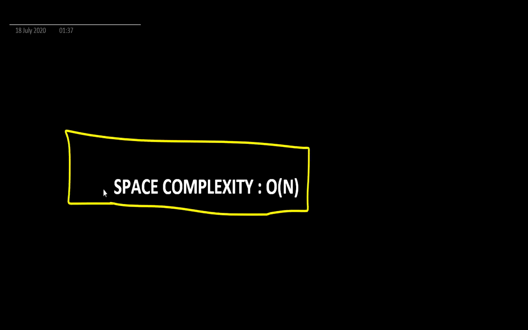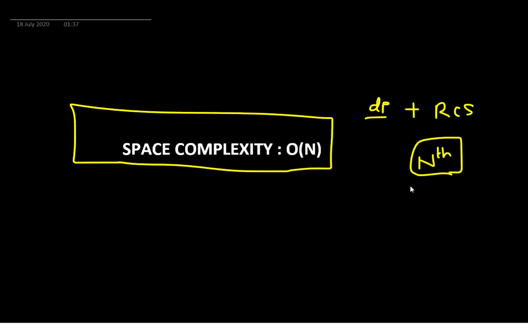So next up, we'll talk about the space complexity of our code. So the space complexity is big O of n. Why is it big O of n? It's because of the array which we had used, the DP array, which was a one-dimensional DP of size n. There is one extra space consumption, which is the recursion call stack. The size of the recursion call stack would also not exceed big O of n because at a time only n elements can be loaded in the stack, and once the n plus 1th item is loaded in the stack, the nth item is popped off.